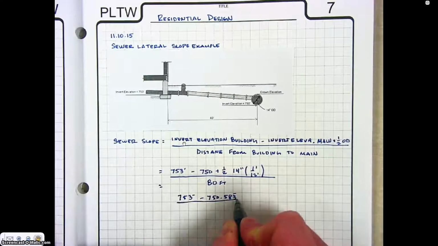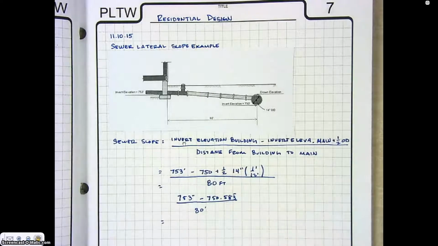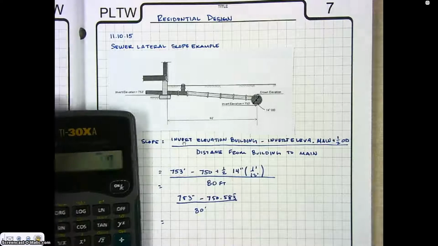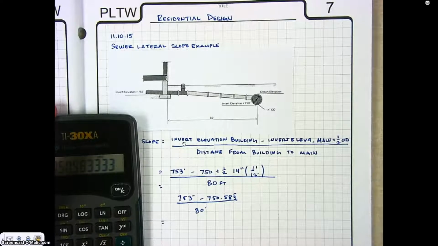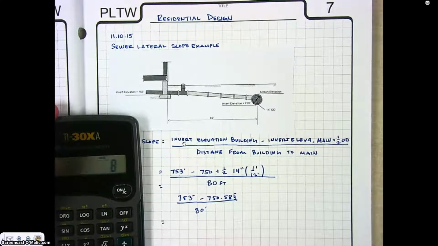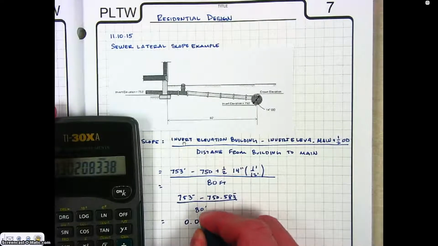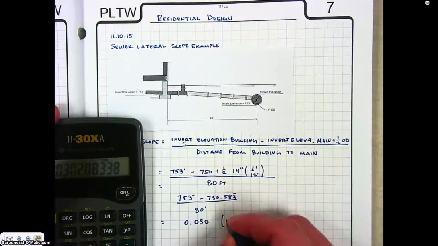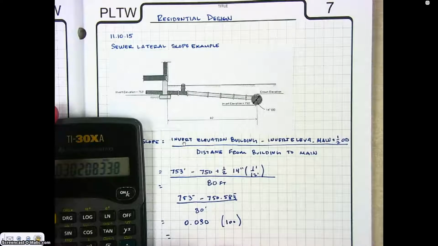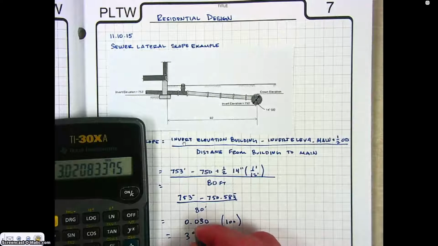753 feet divided by 80 feet. So now we'll just calculate the rest of this. 753 minus 750.583, divided by 80 equals 0.030, and then we'll multiply that by 100 to get it in a percent. And so we have about a 3% slope